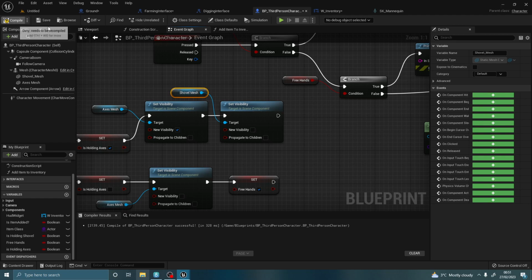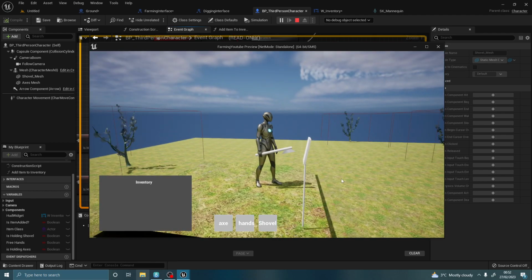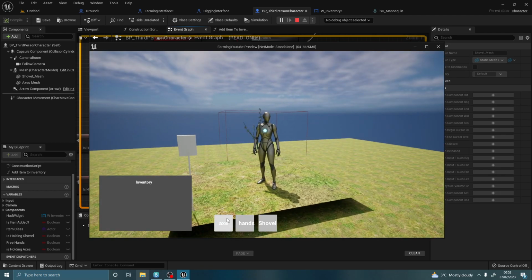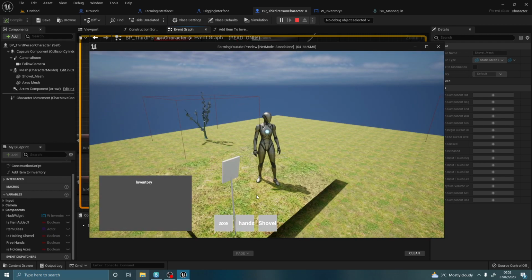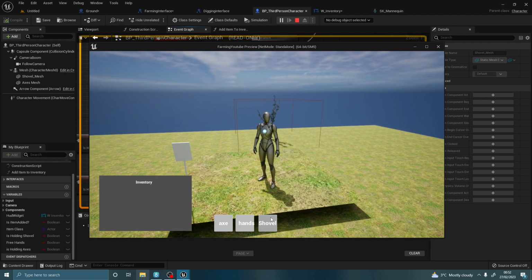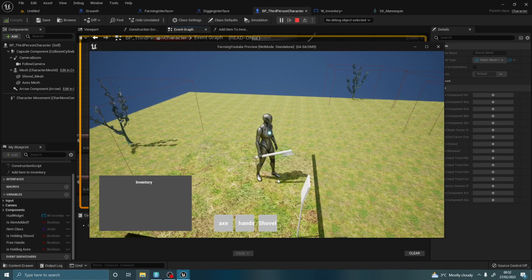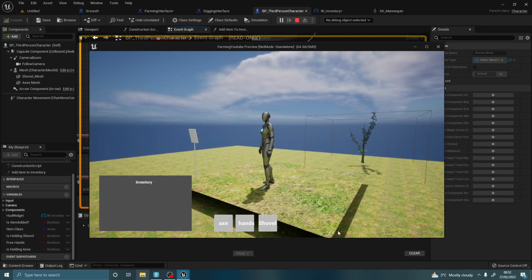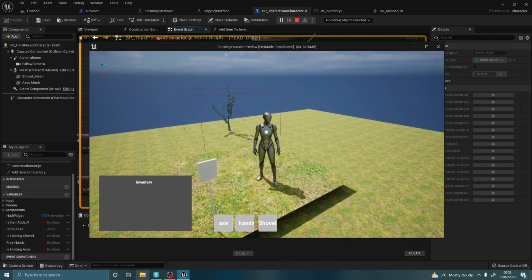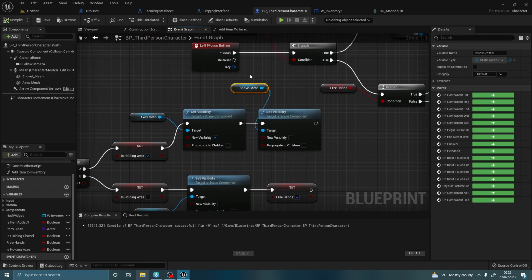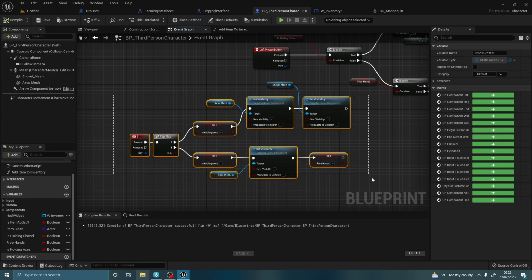If we now compile that, save, press play, add 1, press 1, holding the axe, press 1 again, takes the axe away. Press 1, holding the axe, press 2, takes the axe away. Holding a shovel, press 1, now you got the axe. Press 1 again, put the axe away. Okay, shovel. Now because obviously we was holding the shovel here, we need to do a check to see if the mesh for that